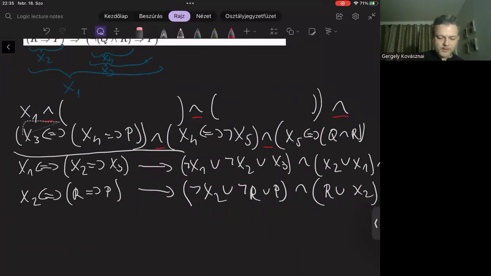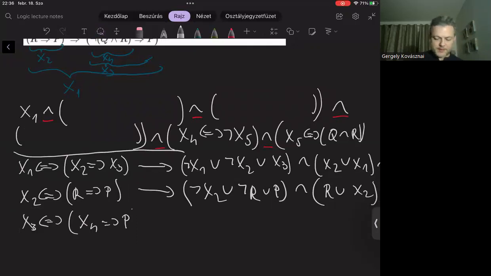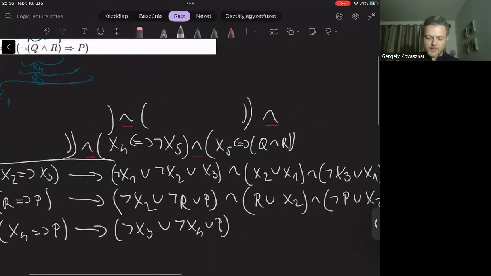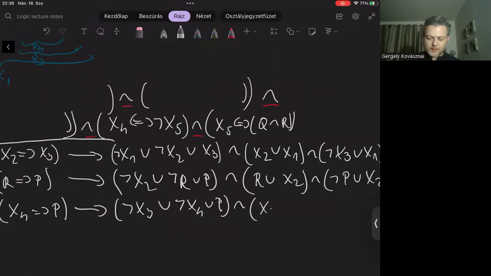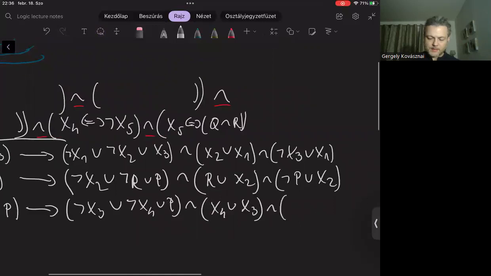This is the third equivalence, which we have to translate to CNF very, very similarly: not x3 or not x4 or p, and x4 or x3, and not p or x3.